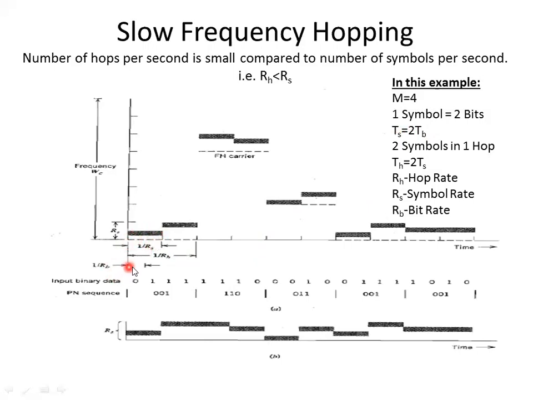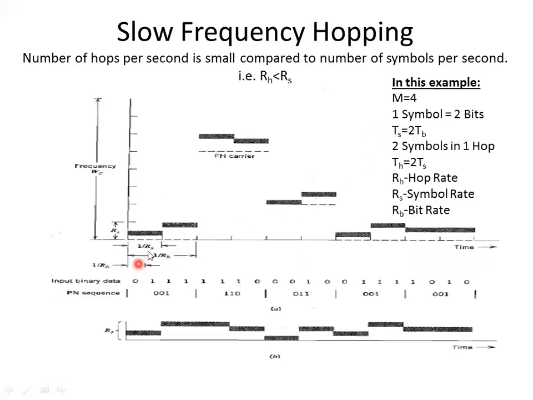You can see here, from here to here, it is very clearly shown 1 over RB. What is 1 over RB? 1 over RB is TB, which is one bit duration. So from here to here is one bit, and this is the second bit. Overall, TS is equal to 2 times TB. So this is one symbol duration, which in turn has 2 bits. That is, 1 over RS from here to here is TS, and this is 1 over RB, that is TB.